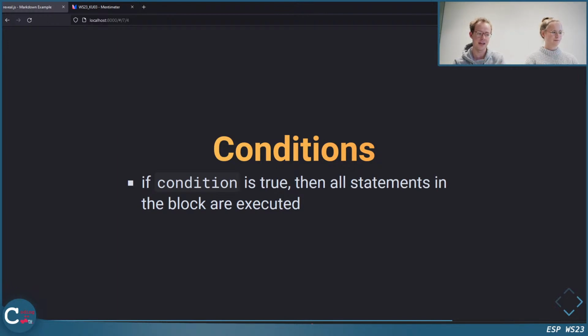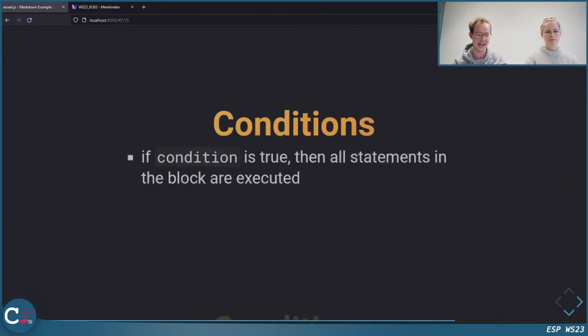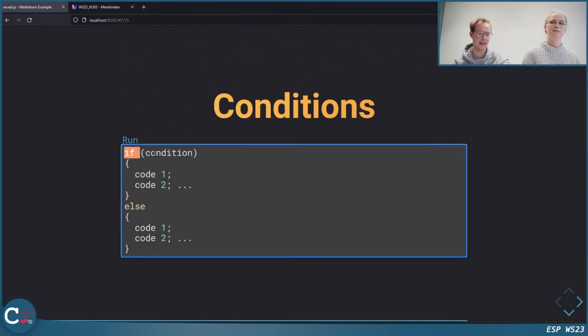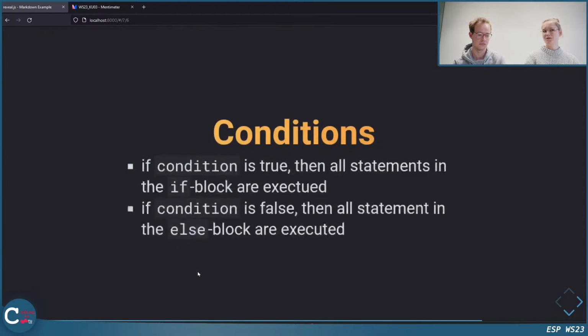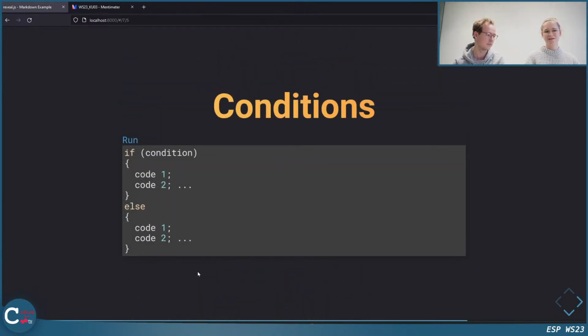So this is just a simple if. And then we can also combine it with the else. So we have here again the if with the condition and some code that should be executed, followed by an else, and again a block with some code contained in it. And now if this condition evaluates to true, then the code in the if block should be executed, and otherwise if the condition evaluates to false, then the code in the else block should be executed. So it's really like saying if this, then do that, else do that.